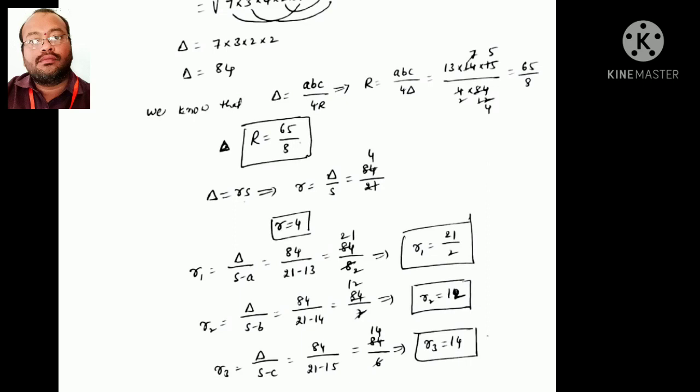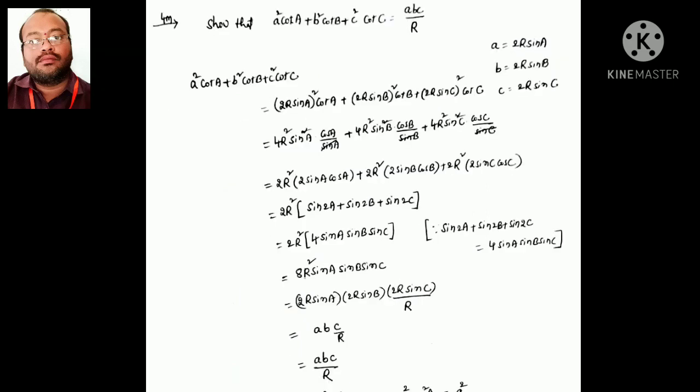And r1 equal to delta by s minus a, and r2 is equal to delta by s minus b, and r3 is equal to delta by s minus c. We have all values. By replacing this we can get r1, r2, r3 value. So definitely we will expect this question for this annual exam also. Next question,